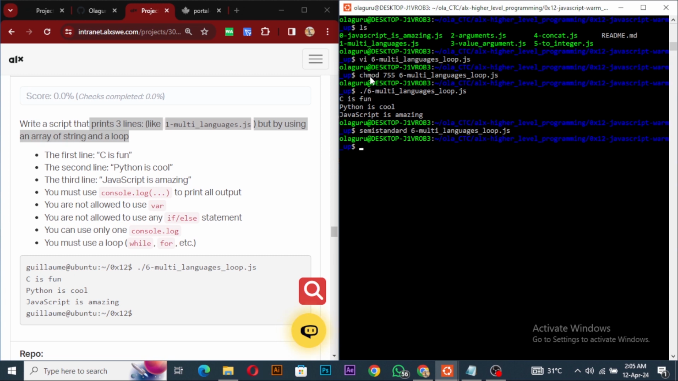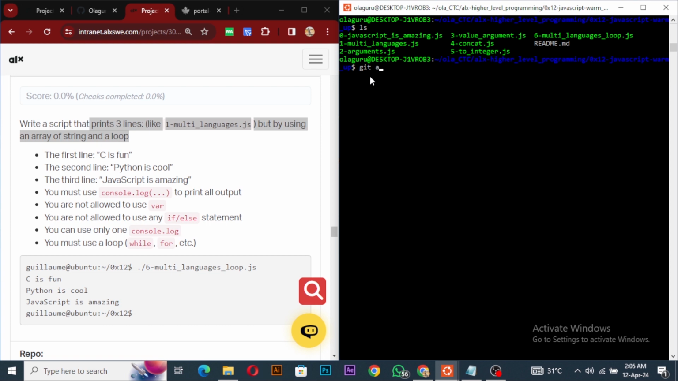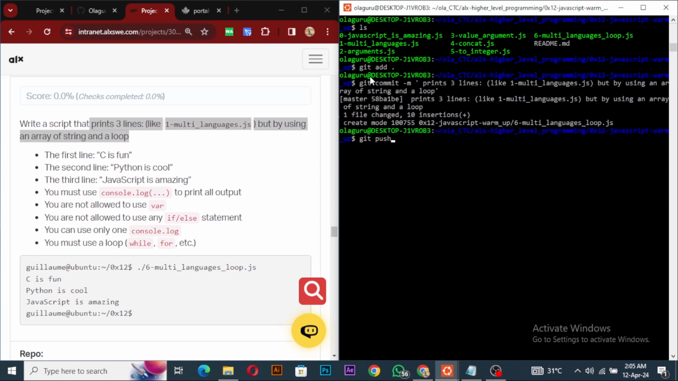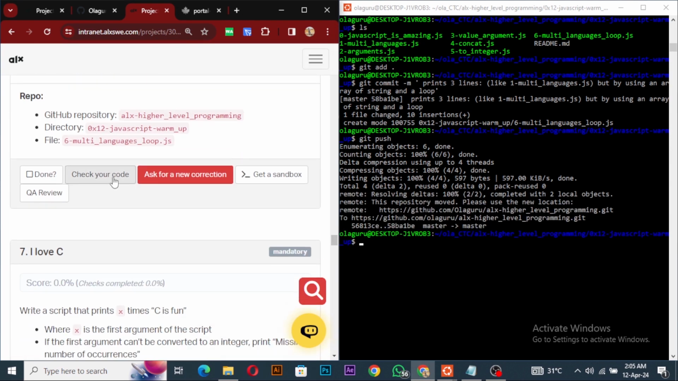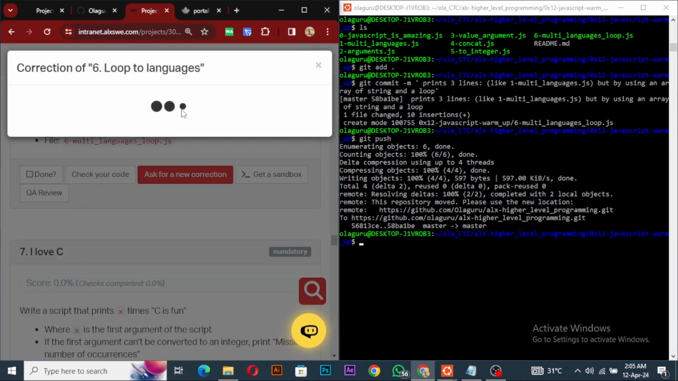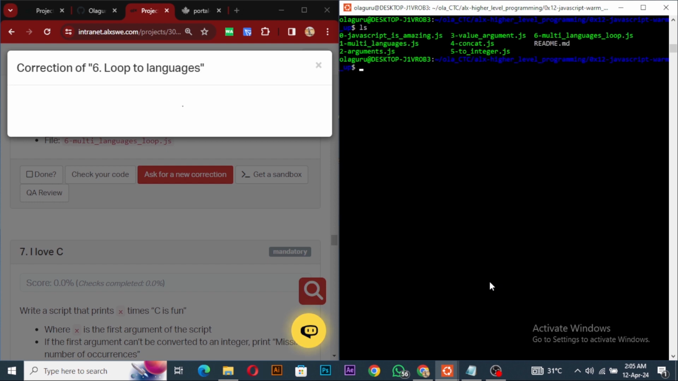Okay, I think we're good. So clear it, and then git add, git commit with a message, and then push it. So let's check our code, clear the screen, and yeah,